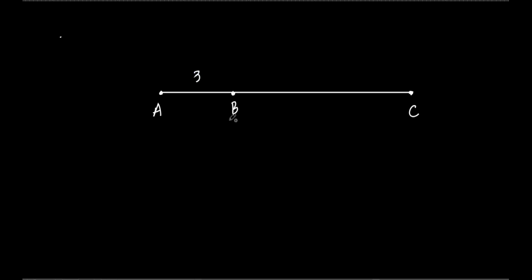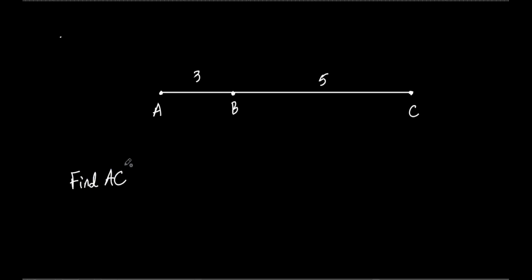What if the length of AB was 3? If they put a 3 right there, what does that mean? Does that mean the whole thing is 3? No, from where to where? From A to B is 3. And what if, I'm just making this up, what if they said from B to C is 5? If I asked you to find